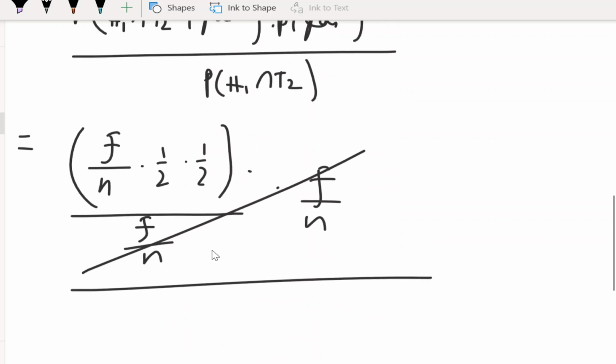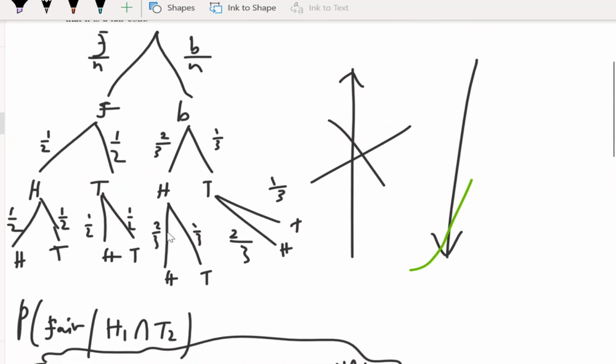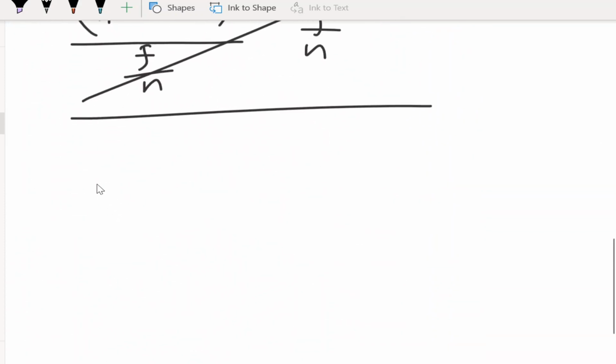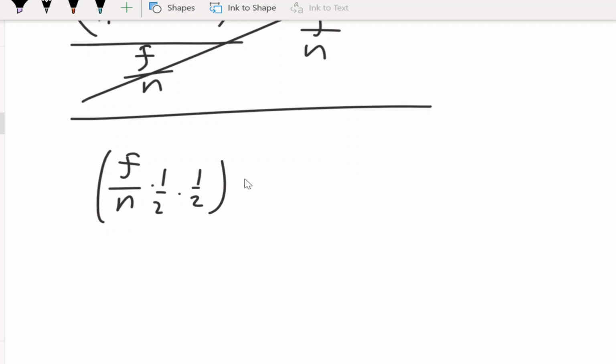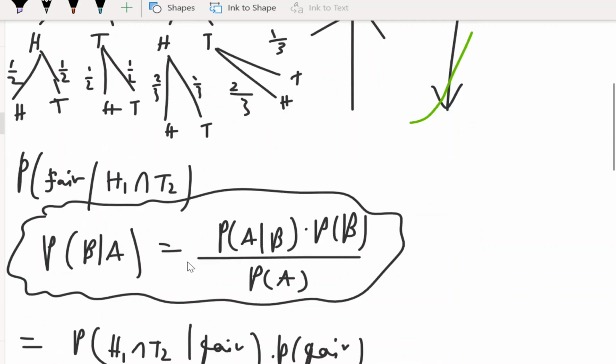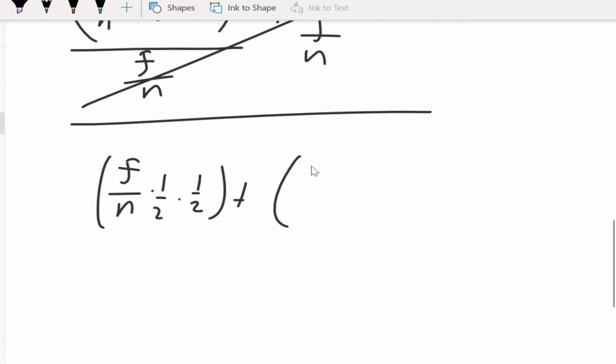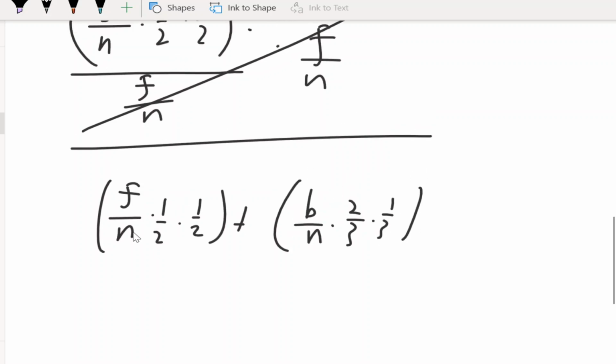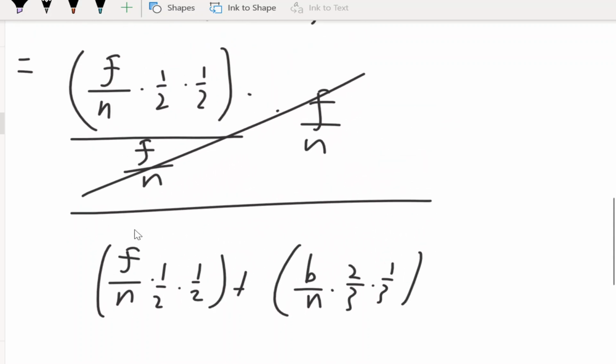And then we have to divide by the probability of H1T2, which is going to be a little different because we have to do F over N times half, plus, and then we have to have the scenario where you get a biased coin. So heads first and then tails second. So B over N times 2/3 times 1/3. Okay, cool. And then if we simplify this further, we'll get